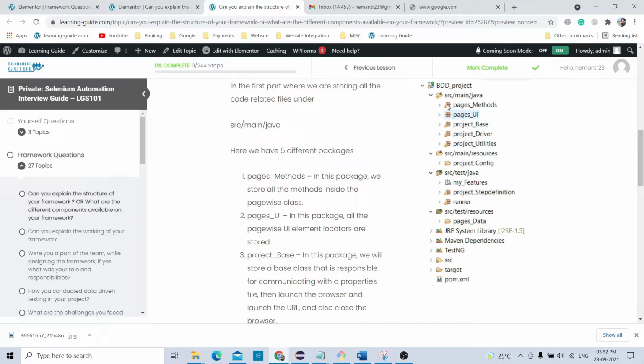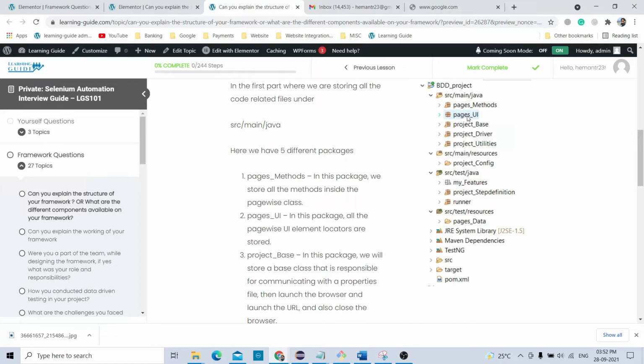So we are going to create page wise classes, and in each page wise class we are going to add the methods belonging to that particular page. Understood? So in this pages methods package we will have page wise classes, and in each class we will have all the methods belonging to that particular page.